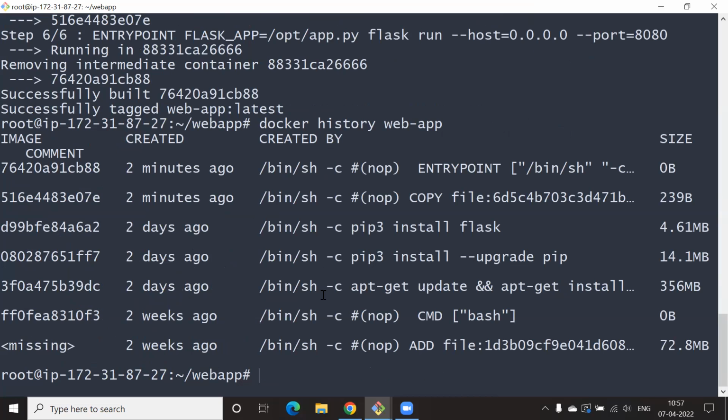So again, that is giving you all the layers and things like that. That is something to be kept in mind. If you want to see what is in an image, you could do a history of that. Okay, another one is,